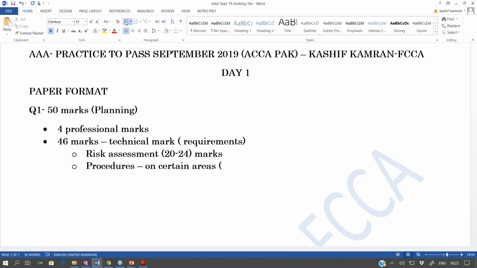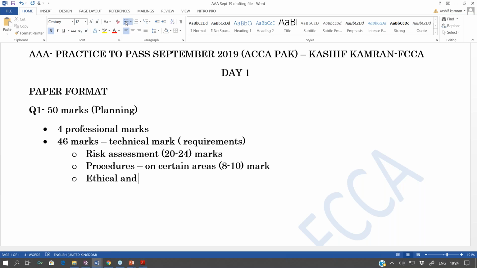Normally, if you see the past papers, procedures on certain areas on average are around 8 to 10 marks. They vary, right? And in some exam sittings, they are zero. But it has been a regular feature of the first question that the examiner tends to ask procedures on certain areas for 8 to 10 marks. Then another very common thing which has been part of question number one is the